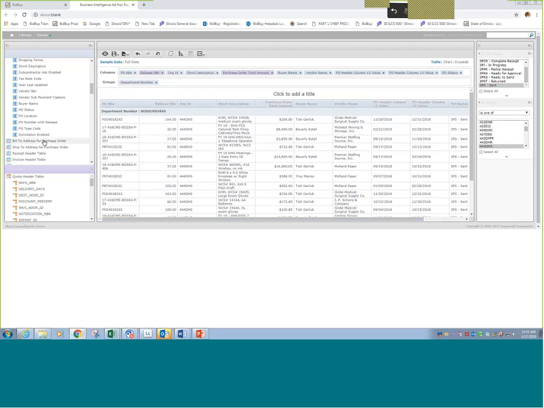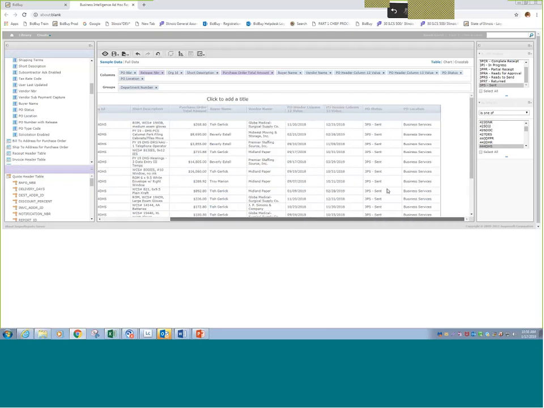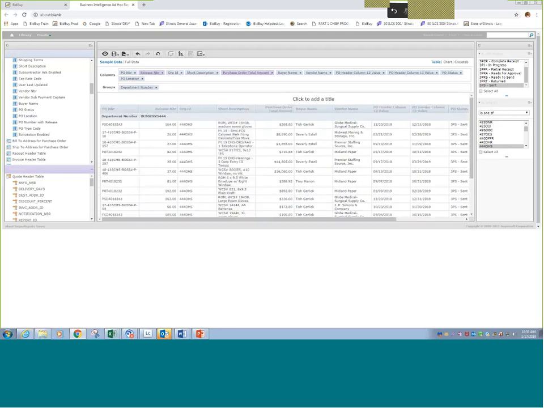So now if I want to add, all right, I've got the department, but the majority of our agencies drill down. So you've got your department and then you've got your location. Well, here I've got a PO location. So I can now add that to my report, but it's showing after my status. But I can move this to be after the org ID,